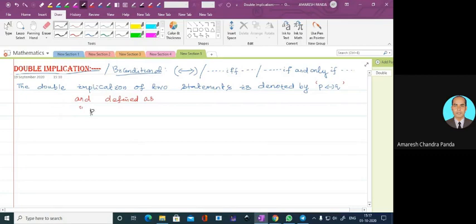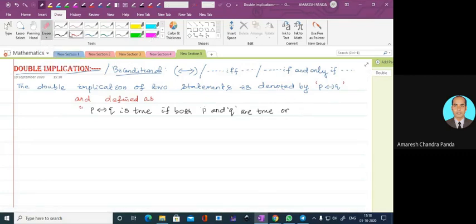P double implication Q is true if both P and Q are true or false, or true or false.